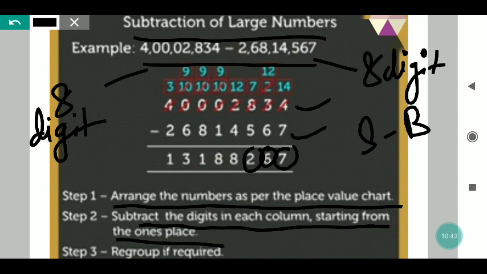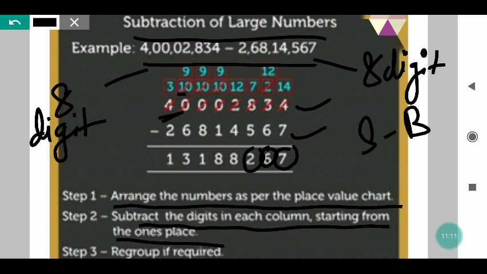But students, as we are seeing how we will take carry, just the number which is written next to the 2, that is 0. So it cannot give any carry because it is not having. So what it will give? So it will go to the next place for taking carry. Next place is also 0. So that place will go to the next place for taking carry. That is also 0. So now that place will go to the next place for taking carry. So now 4 will give carry to 0. So it will become 10.